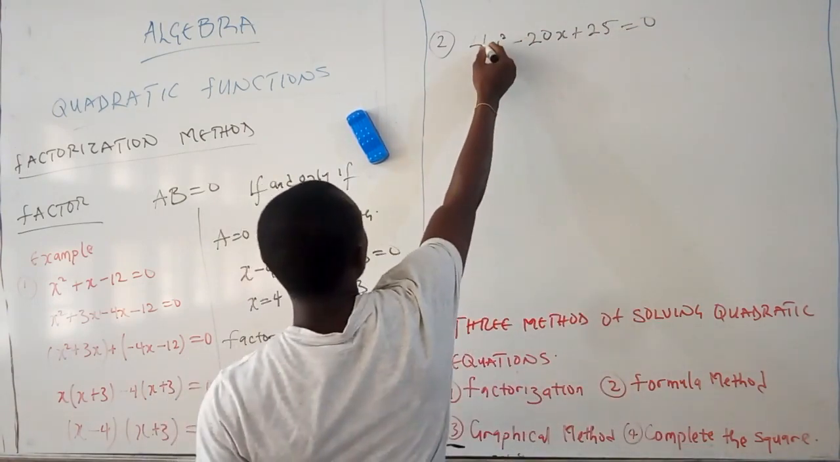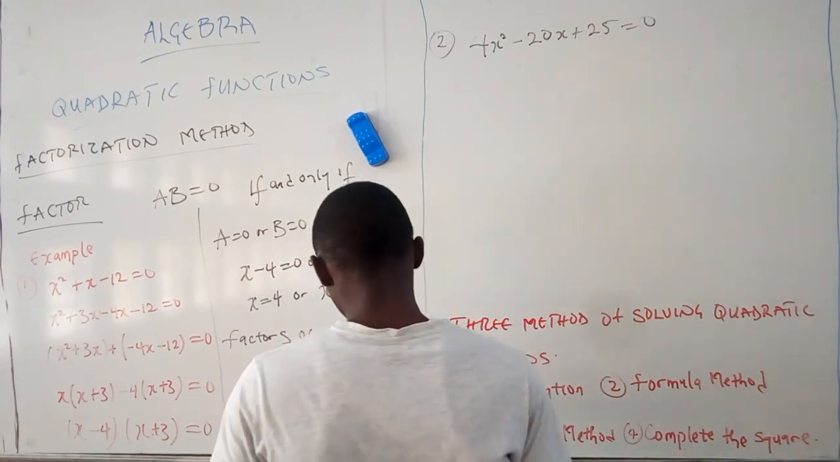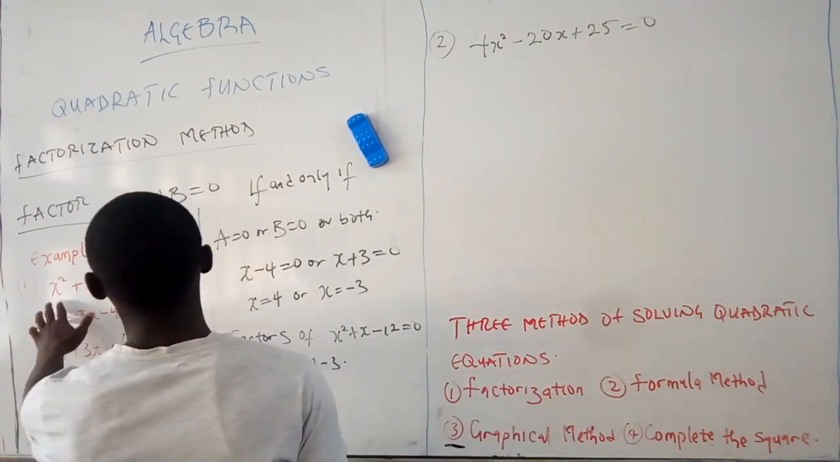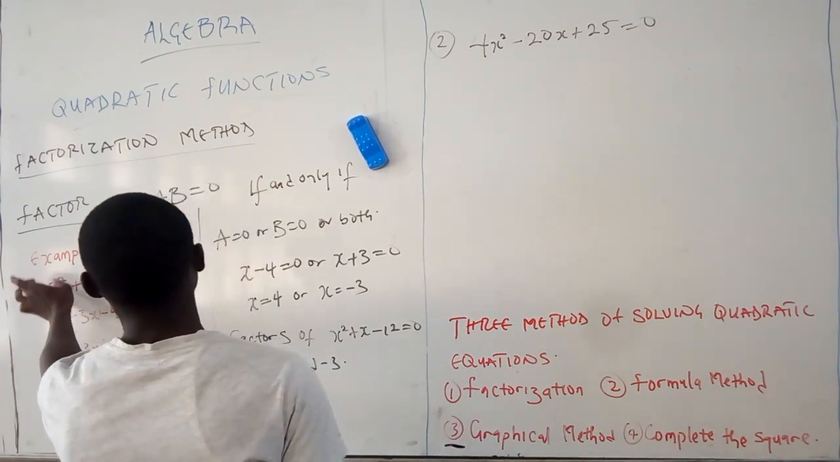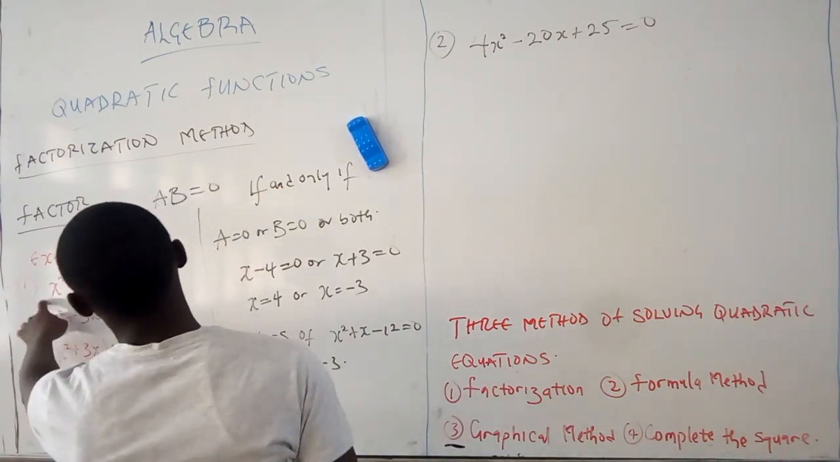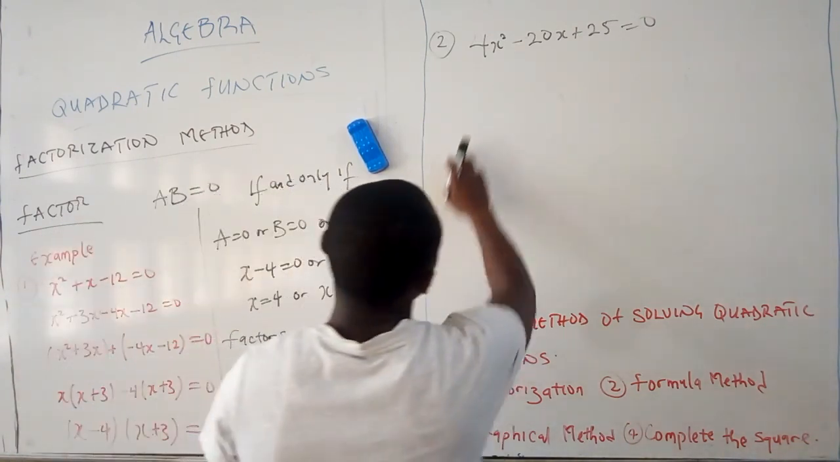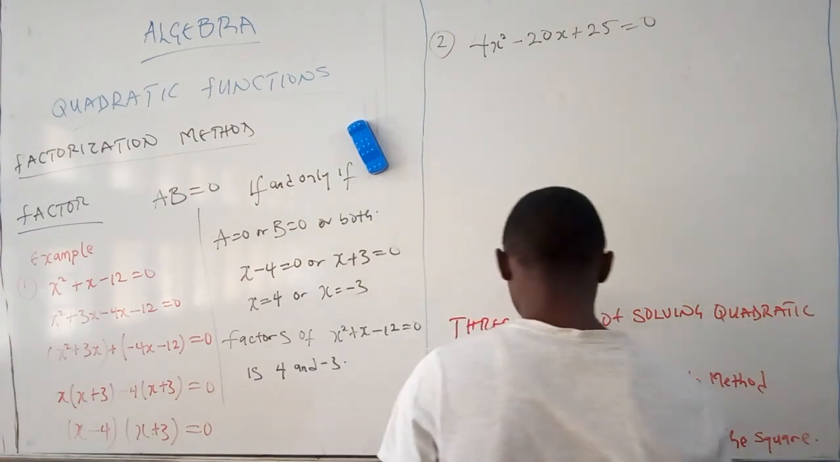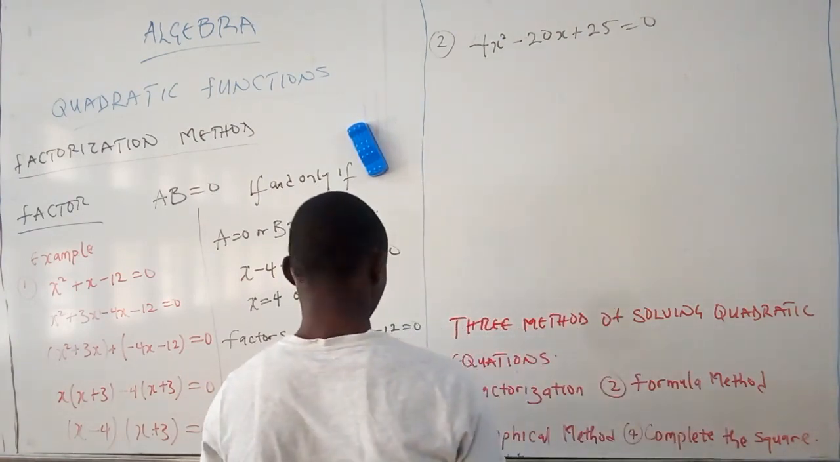We are given 4x squared minus 20x plus 25 is equal to 0. If you remember, in the previous example x squared had no coefficient, which means our a is equal to 1. But here, we have our a to be equal to 4. So the first thing you are going to do is,